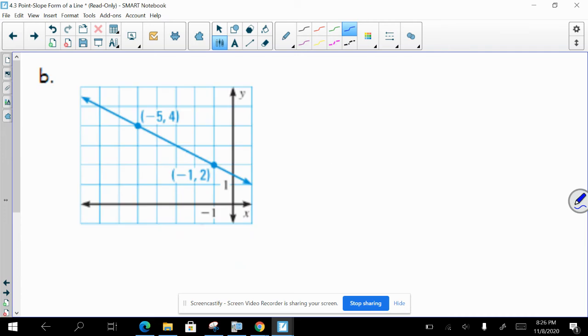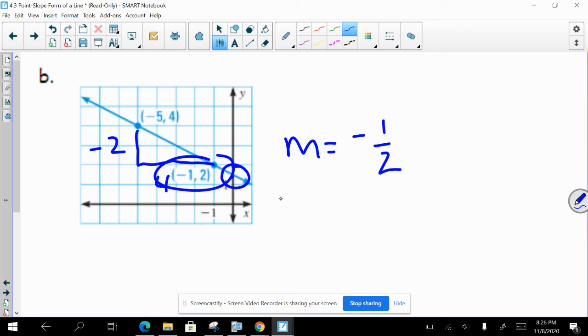All right, and then here, now notice how the y-intercept is not shown on the graph. So, anyways, we would have to use the slope. You could subtract the values or do rise over run. So here we would have -2, and then over 1, 2, 3, 4. So the slope would be -2/4, which is -1/2. And then let's use this point here. So y minus 2 equals -1/2 x plus 1,